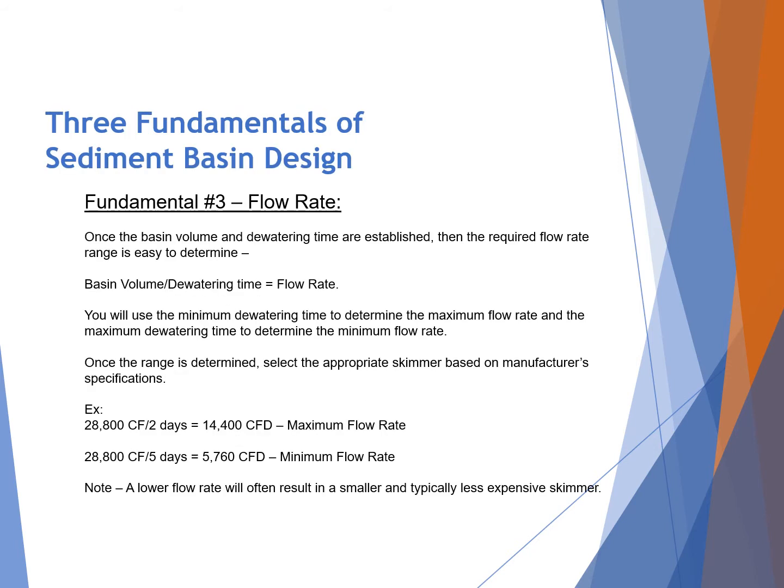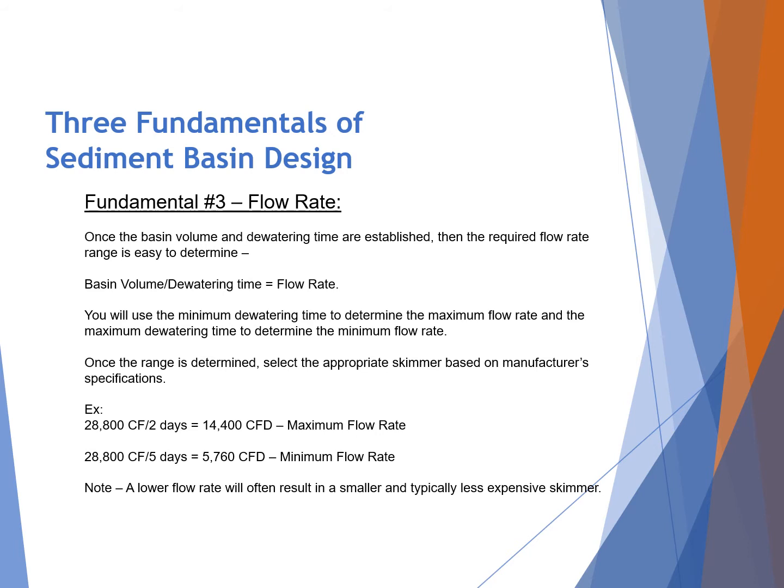Fundamental number 3 is flow rate. Once the basin volume and dewatering times are established, then the required flow rate range is easy to determine. It's basin volume divided by dewatering time equals your flow rate. You will use the minimum dewatering time to determine the maximum flow rate and the maximum dewatering time to determine the minimum flow rate. Once the range is determined, select the appropriate skimmer based on manufacturer's specifications of flows for